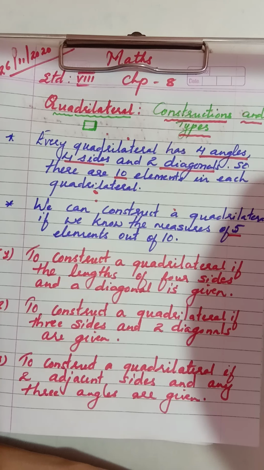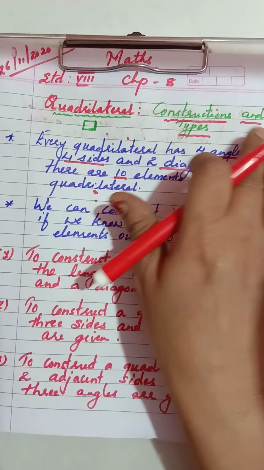Now, as in the previous maths period, I had already sent you some important points of chapter number 8, that is quadrilateral construction and types. You will read and learn those points, as they can come up in filling the blanks and match the following. Those points are very important, so that it will be helpful for you to do the next practice sets, that is 8.1, 8.2, 8.3.